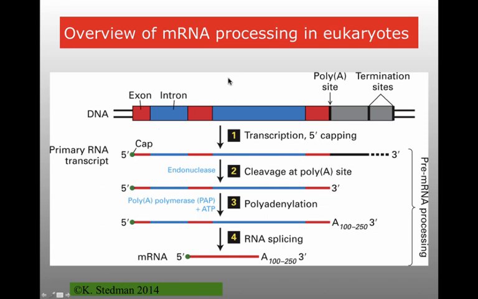Again, same process here. Here's your DNA. Reds are exons, blues are introns. Transcribe, this is what the RNA polymerase makes. As it's making it, you make a cap. Then you have these introns, which get removed. And in fact, introns get removed usually before you have polyadenylation. And then this ends up getting exported.